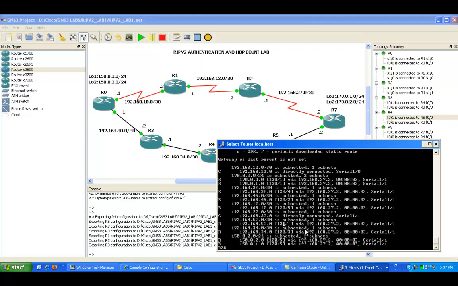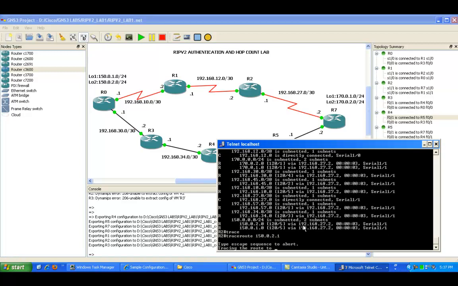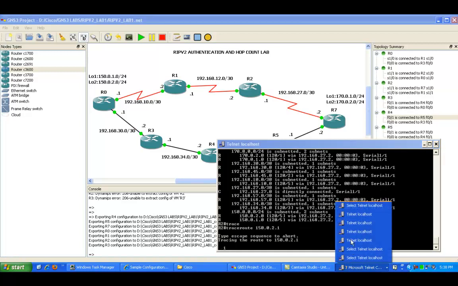Again, if you see that possibly down, give RIP some time. It's got to flush those networks out of the routing table after the hold down timer has expired, which can take a while with RIP and the default timers. So now from R2, if we try to trace the 150 network on R0,